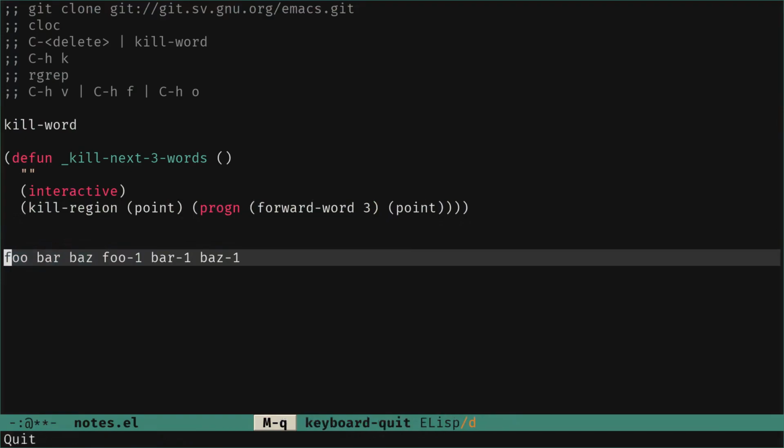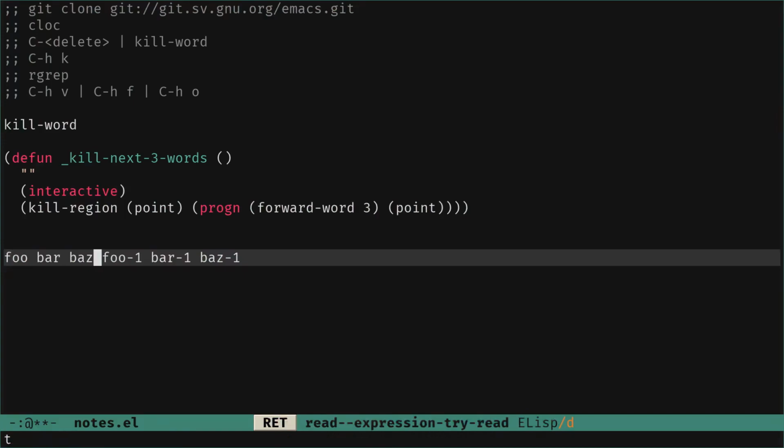So I put there, and I want a function or a command that moves the point by 3 words, and then we give the point we are after running this. So eval the expression at the bottom. We passed this one, and look at the cursor at foo, at the beginning of foo, and we hope it will end up at the end of baz. And this is what we have.